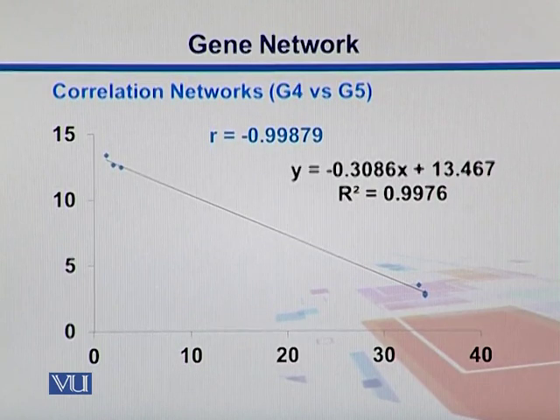So for example, in our data set, we have gene 4 and 5. If we plot their expressions against one another, we can fit a line on them. That line is where we can see that the expression of one gene is increasing while the expression of the other gene is decreasing. So there is a kind of negative correlation between these two. Which one is affected by which one? Either this is going down, so that's why it's going up, or this is going up, so that's why it's going down. In both cases we cannot decide. So there is a negative correlation between these two genes.